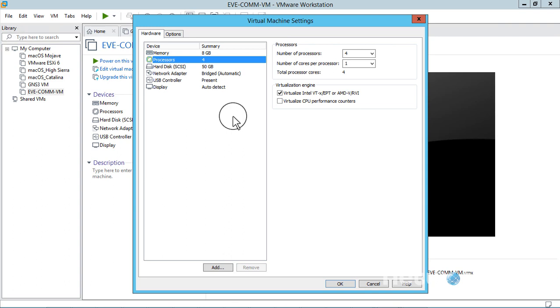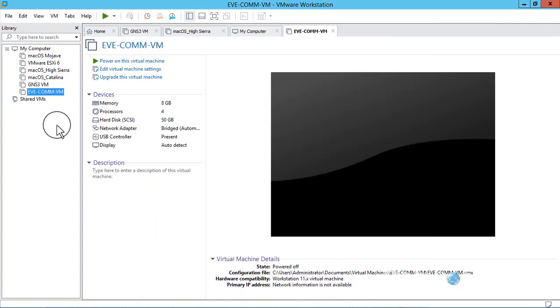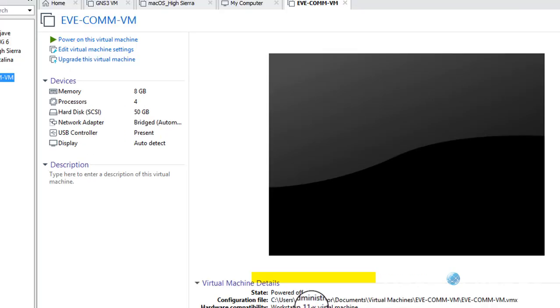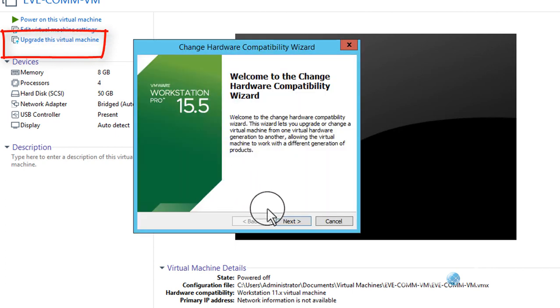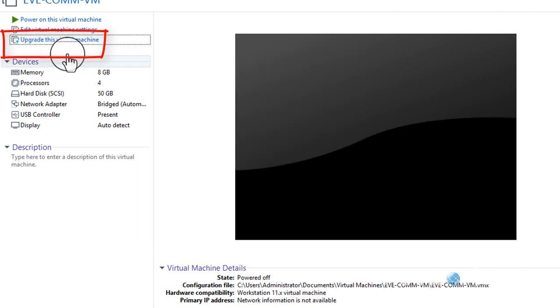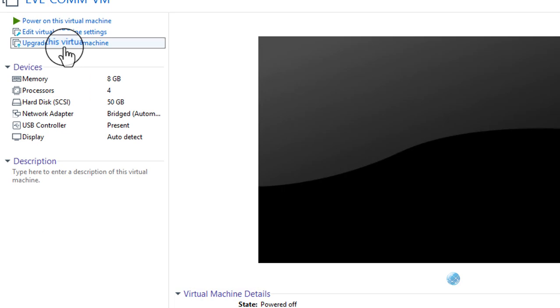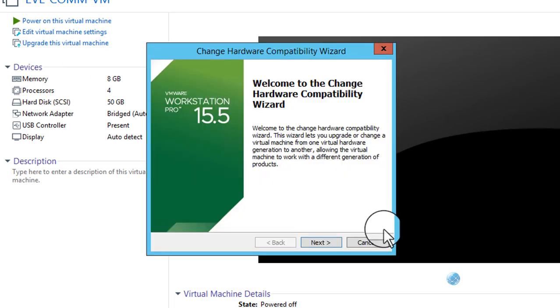Okay, so as you can see here, the workstation hardware compatibility is Workstation 11.x virtual machine. So what you have to do before starting, as we are using the 15.5.2 version, we need to upgrade this virtual machine. So just click on upgrade. You can see this, upgrade this virtual machine. Click next.